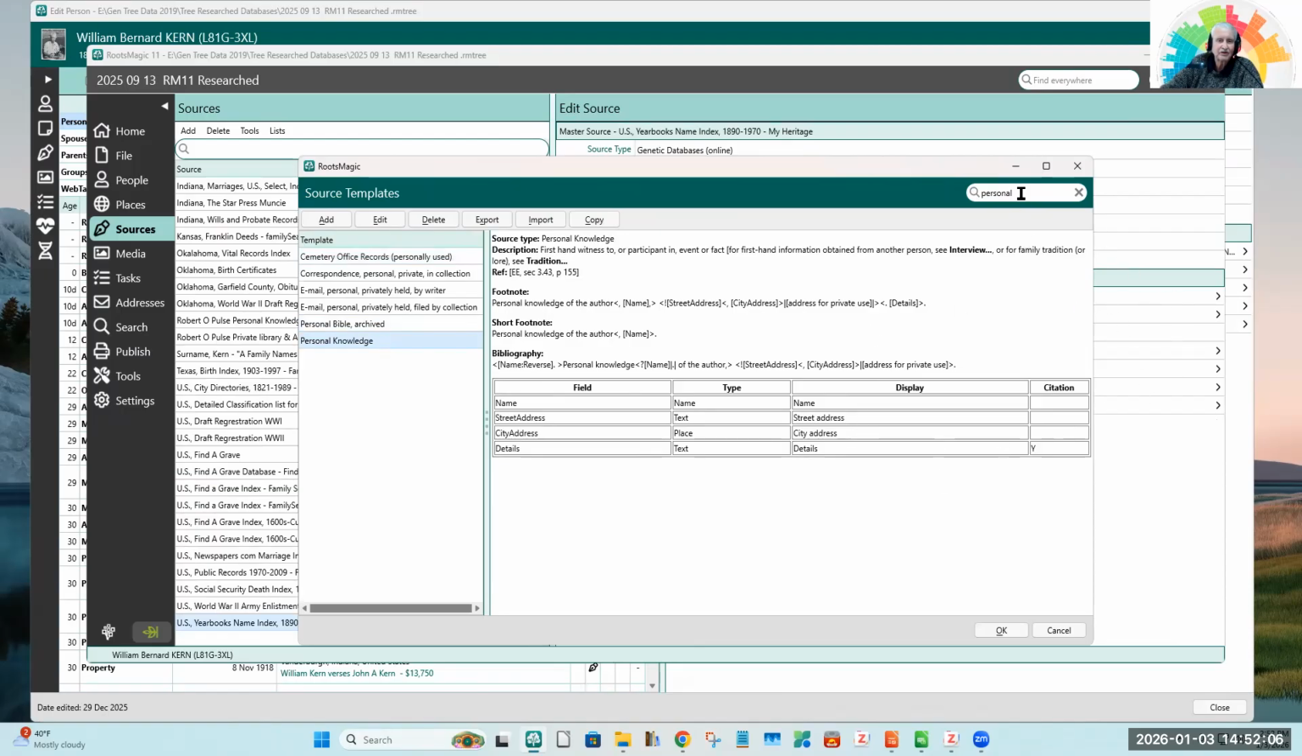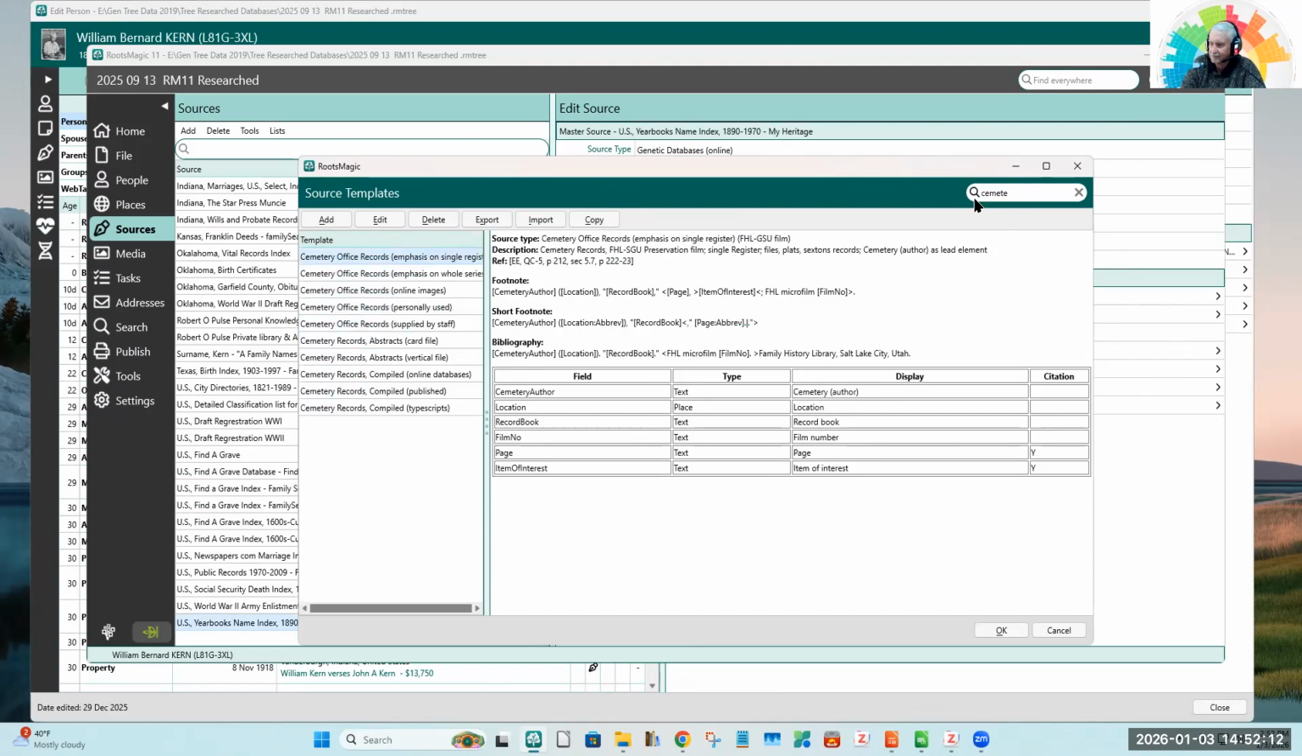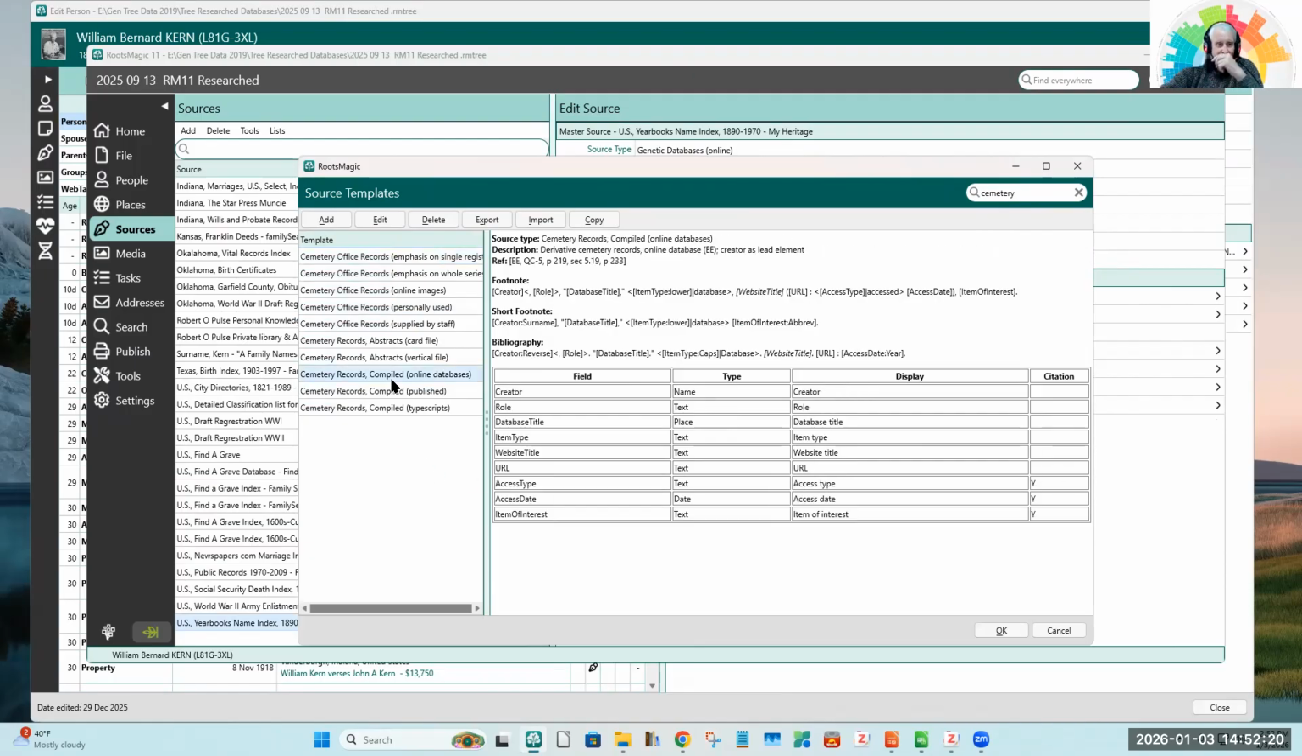And then cemetery. Cemetery records compiled online database. It's compiled online. That would be this one. Another EE, and that's the information they're looking for. Okay, so what I've done